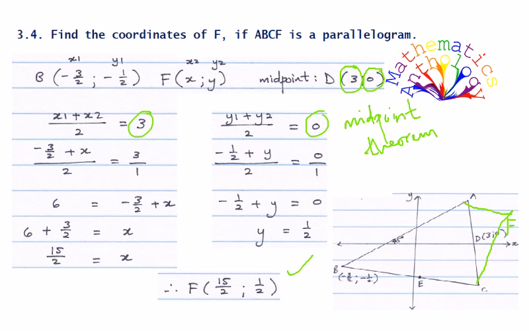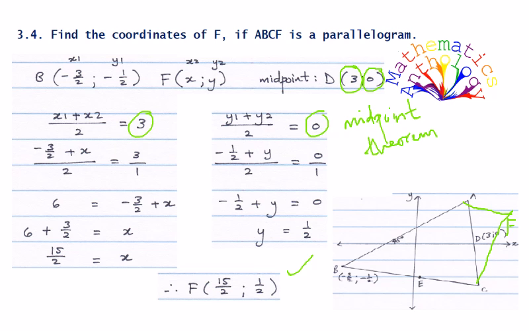Okay, so our B coordinate is (-3/2, -1/2), that's x1, y1, and our F coordinate is x and y, which is x2, y2. Substitute all of those into the two formulas that we've just made, and you will work it out, and x becomes 15 over 2. So there is a little bit of cross multiplication involved here,